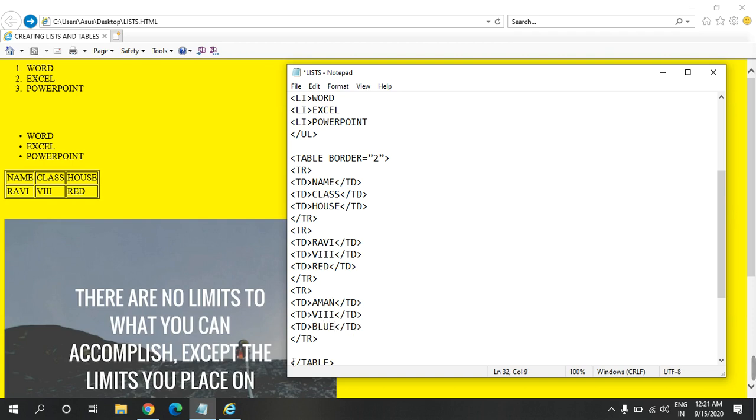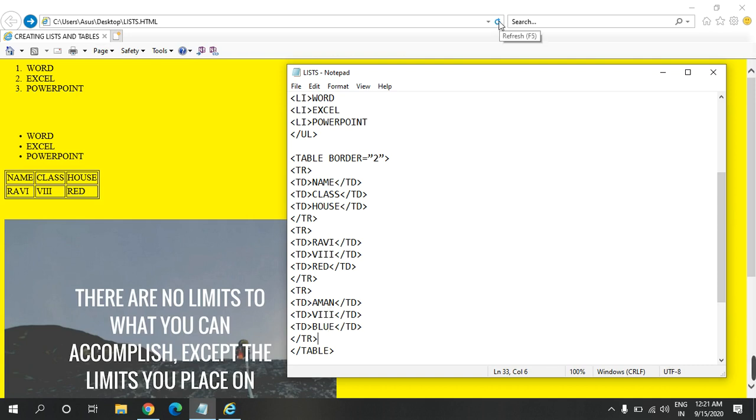And now we save it again. We have to save again and again whatever changes we have made, so that we can come to the web browser. When we refresh, the changes should appear. Here we may see only 2 rows are there, because previously we had 2 tr tags. Now we have added one more tr tag with the values Aman, 8th and blue.